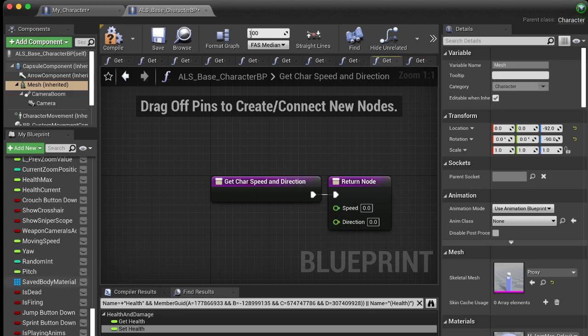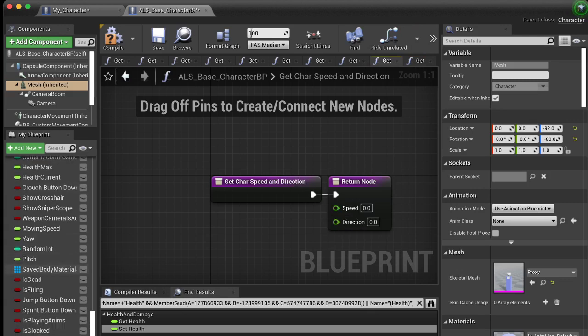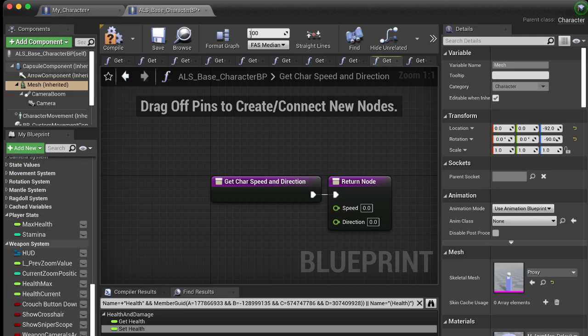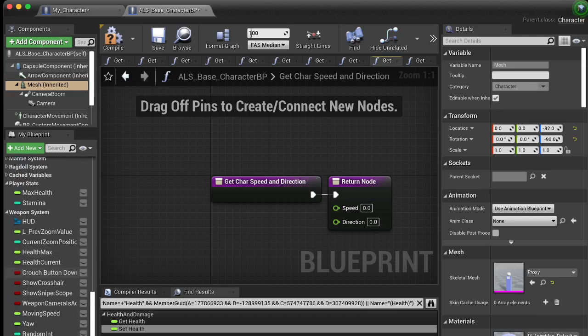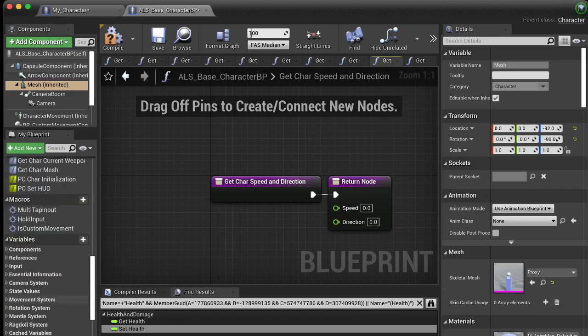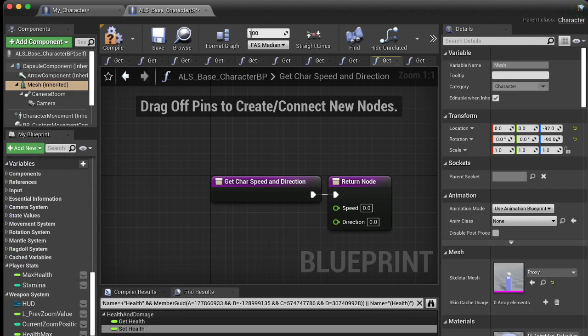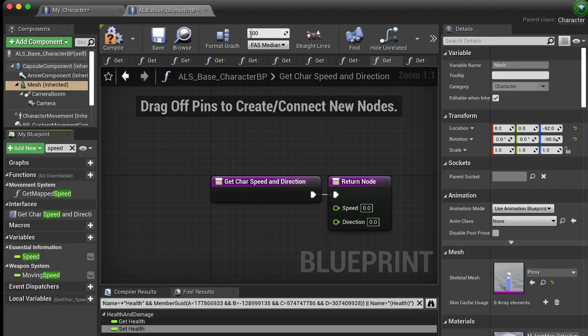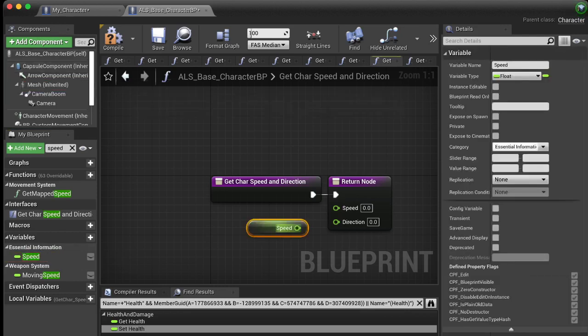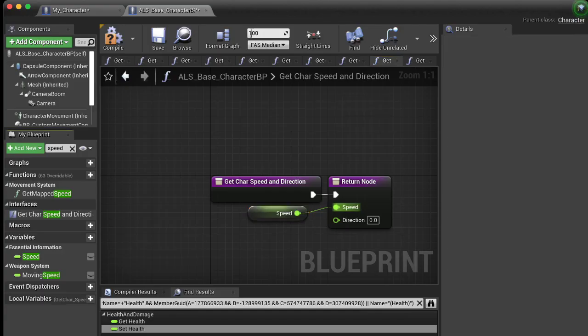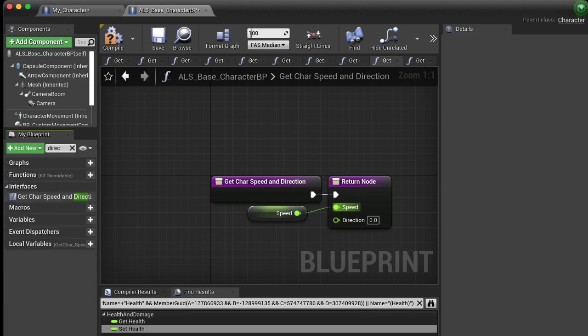Alright, speed, direction. We made those somewhere. I remember pulling them out. Did I not get them made? Essential information, speed. I can just pull that right off the ALS version 4 unless the stuff's changed, so I don't need the other one. There it is, essential information, speed. And then I should be able to get a direction. It's probably why I didn't copy over. It was probably already a